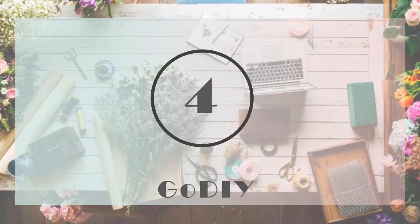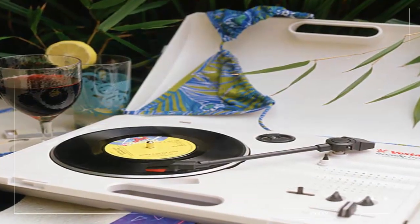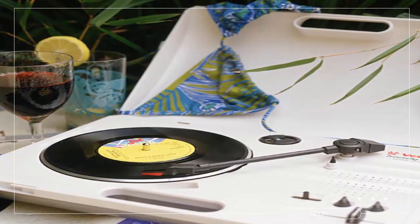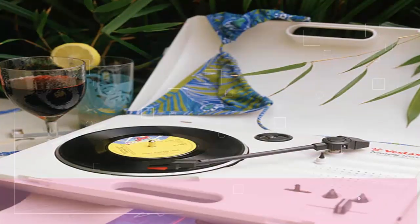4. Summer sounds. Make that carnival playlist portable with a retro record player or an outdoor sound system. Music really sets the tone for a space, so whether you're gearing up for a big gathering or winding down with a relaxing Sunday session, this is a really simple way to take your garden from day to night and